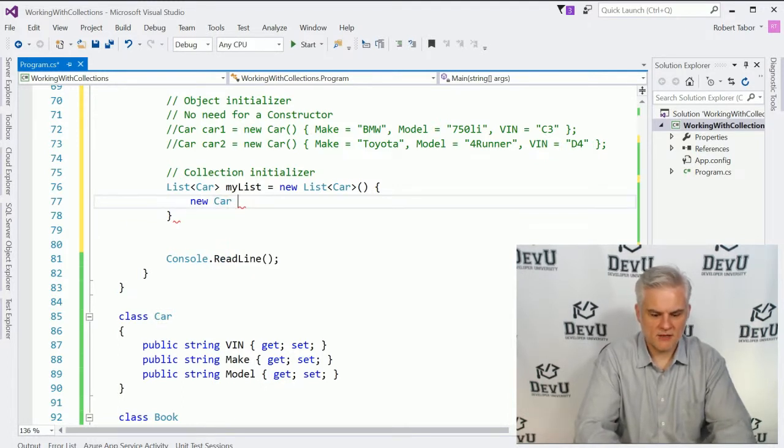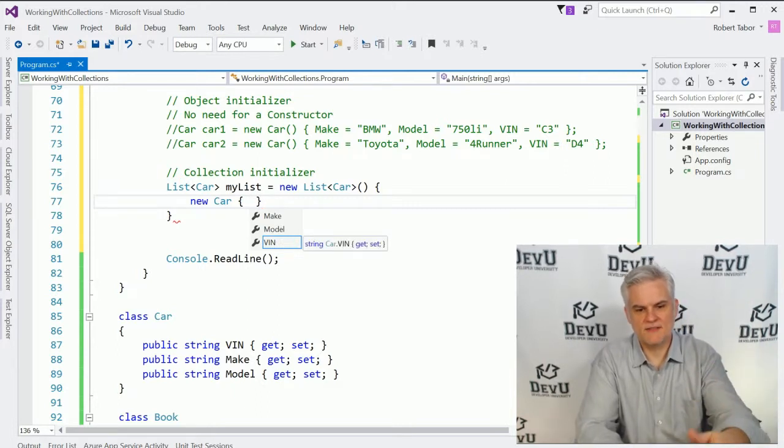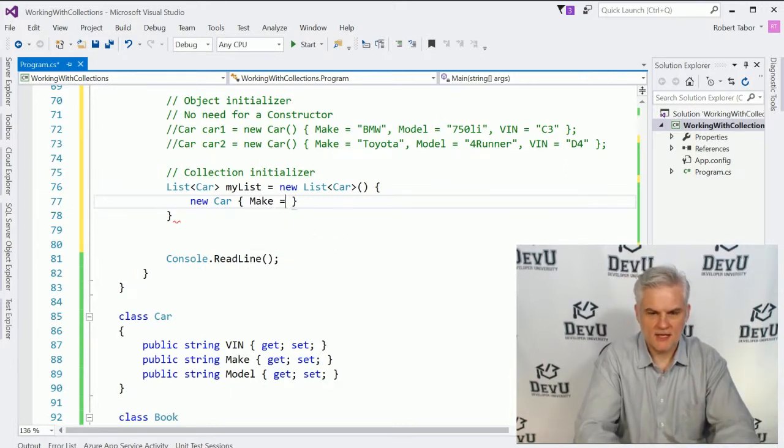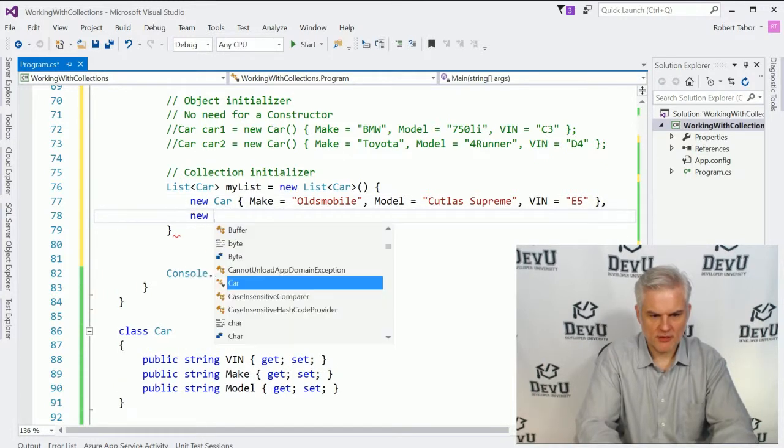In fact, what I can do at this point is use an object initializer inside of that. So here we go, make equals Oldsmobile. And then we'll set the model equal to Cutlass Supreme. And then the VIN number, we'll set that equal to E5, like so,